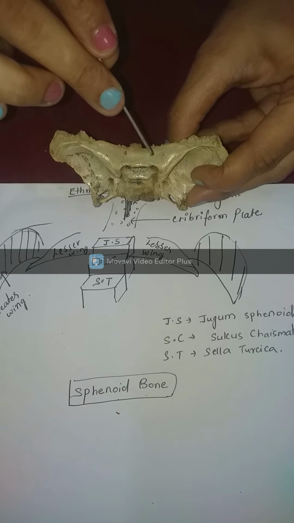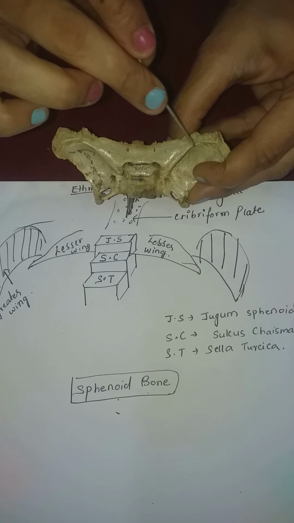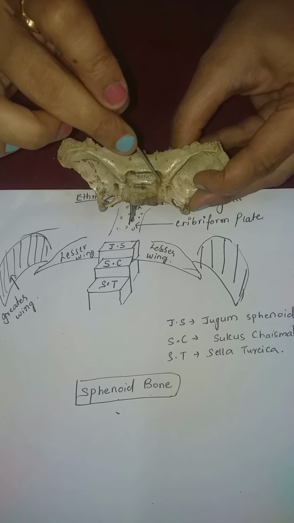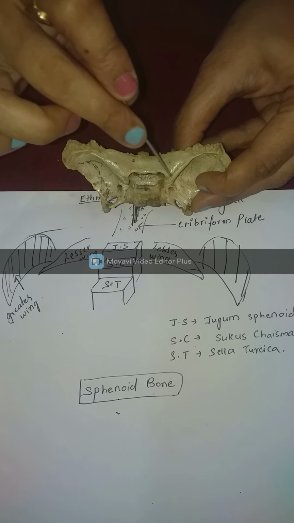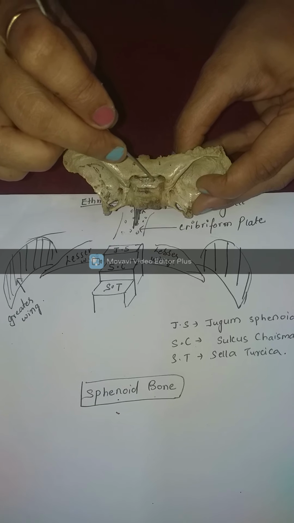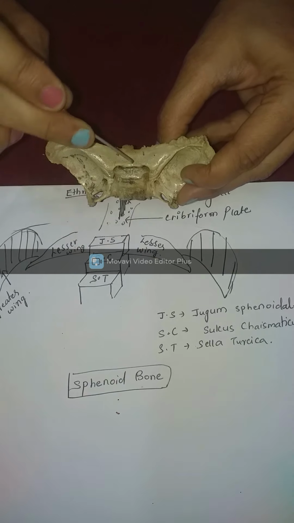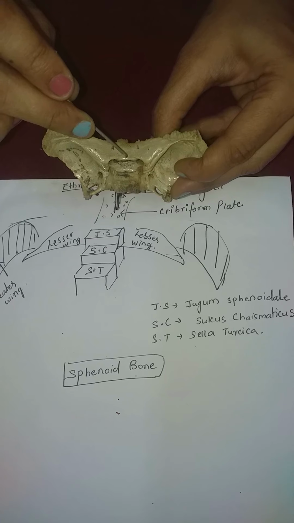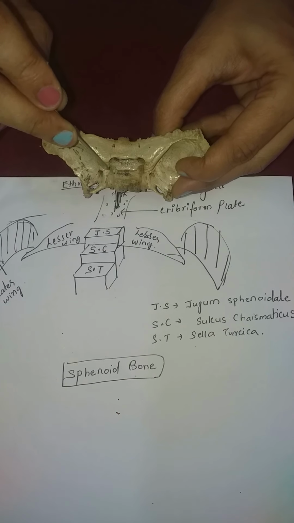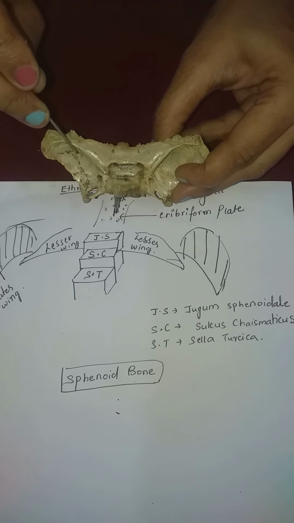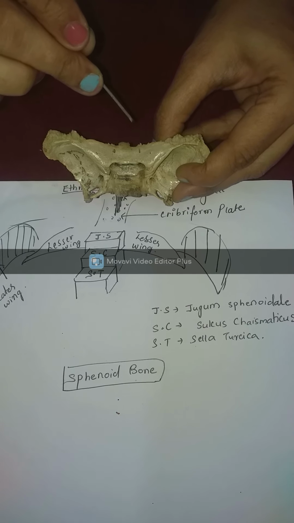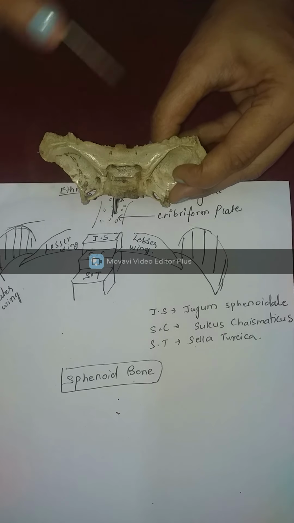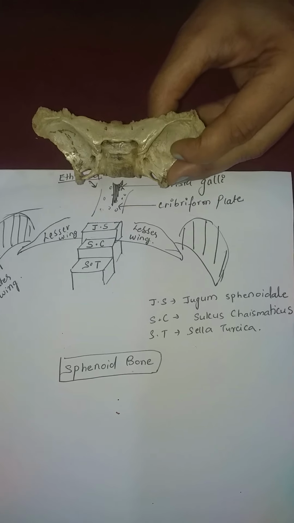The posterior margin of the anterior cranial fossa is marked by the posterior margins of the lesser wings of sphenoid, the anterior clinoid processes, and the anterior margin of sella turcica. So this is the defined margin of the anterior cranial fossa. Now you are very clear about the posterior limits of the anterior cranial fossa, and more posteriorly will begin the middle cranial fossa, about which we will see later.